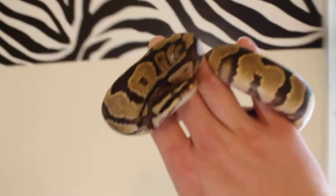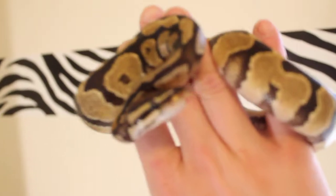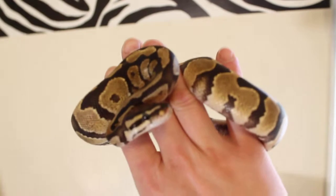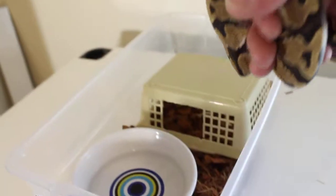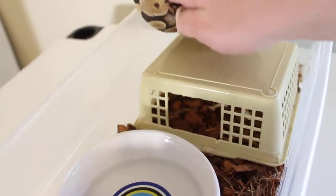I know it's a horrible play on words and a crappy joke, I guess. But anyway, this is Bandit. He's a good little guy, just a little nippy sometimes. And he wasn't for the first month or so we had him, but just here lately he's turned into a striking machine. He likes to try to bite, and he doesn't even